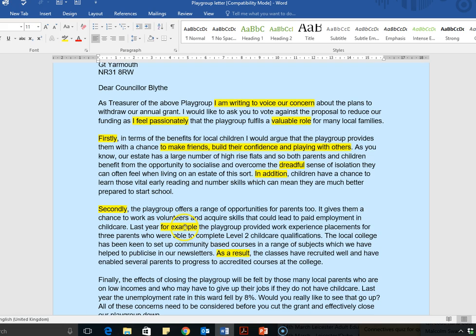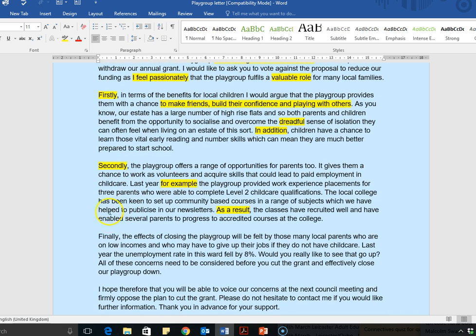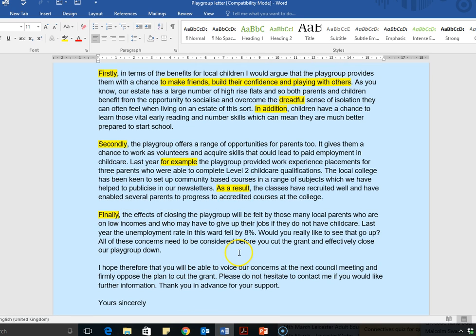So these connectives in the context of a formal letter can be very useful in creating a very clear sense of flow and logic. So we've got firstly, secondly, and then finally there at the beginning of the third paragraph. You'll see 1 or 2 other language devices as well. We see here in the context of the letter we could make up a statistic like 8% in terms of the unemployment rate. We've used a rhetorical question there. Would the councillor really like to see that rate go up? So that's again an attempt to